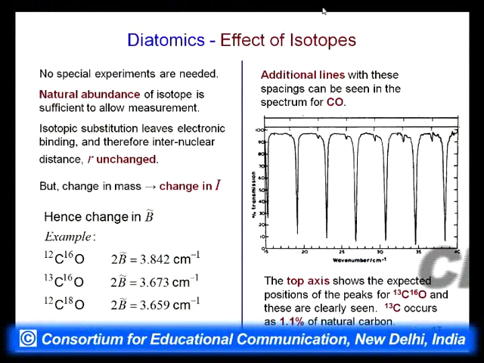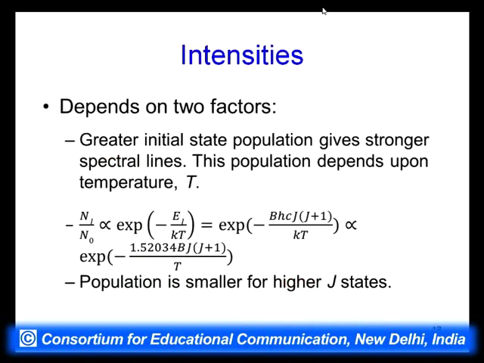Now, you have seen on the top axis we have shown the expected lines of the peaks for 13CO, and these you can see are clearly seen in the spectrum, and the natural abundance of carbon 13 is 1.1%. Still, with such a small natural abundance, you are able to see them. Now, what about the intensities? We find that the intensities are also varying with the